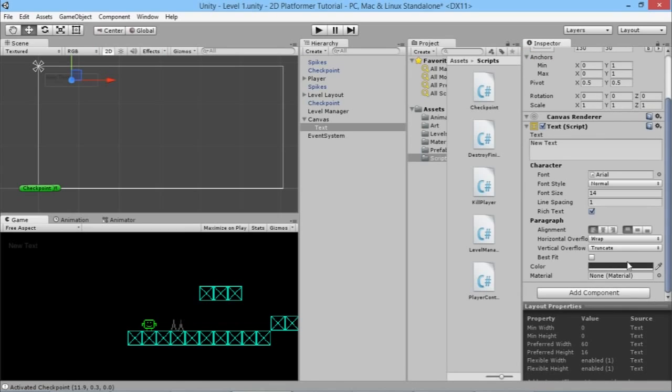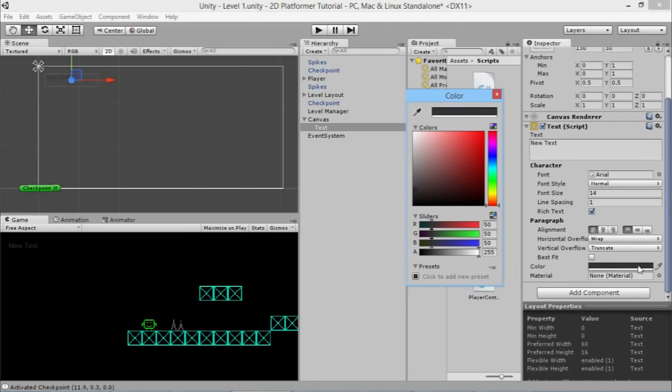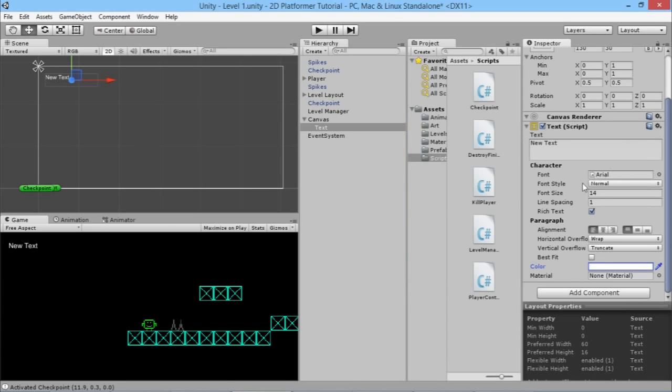And we'll also change the color of this text because it doesn't really stand out very much there. So if we click on the color bar here, we'll just drag this up to white. Now it looks more obvious and easy to see. I'm happy enough with that font, don't need to worry too much about that. We're going to change the text here to be score: